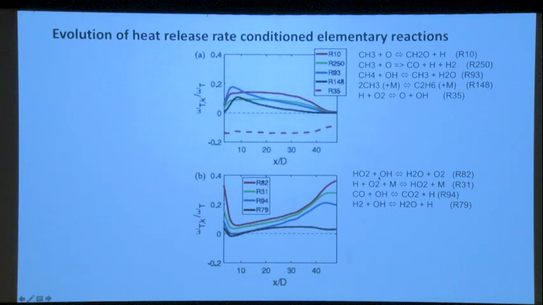So there's this change in the chemical mechanisms generating heat release as we move downstream, and the reason for this is the accumulation of radicals that are not able to be consumed due to the high strain rates, high turbulence conditions upstream. Then when the turbulence relaxes as it goes downstream, the reactions are able to complete and consume the radicals, and some of these mechanisms for how heat is produced shift as you move downstream, favoring CO plus OH, the